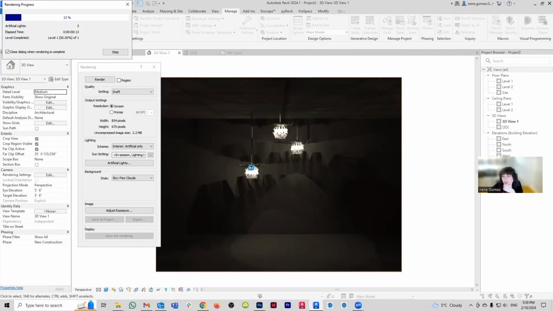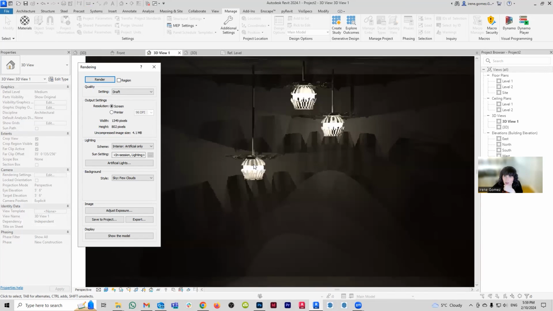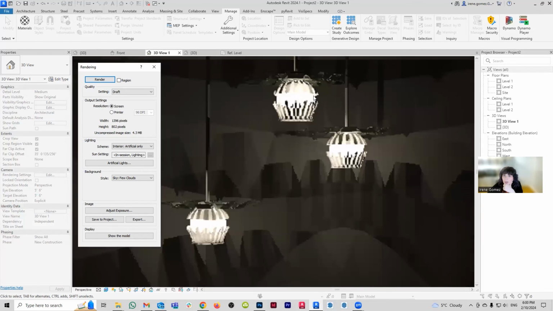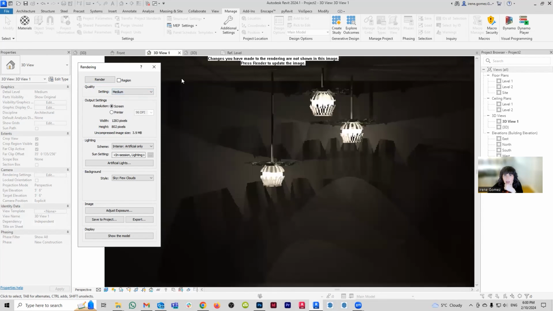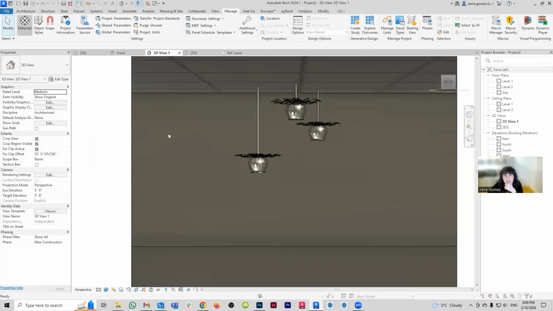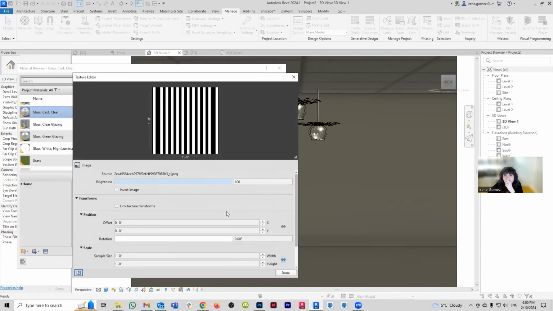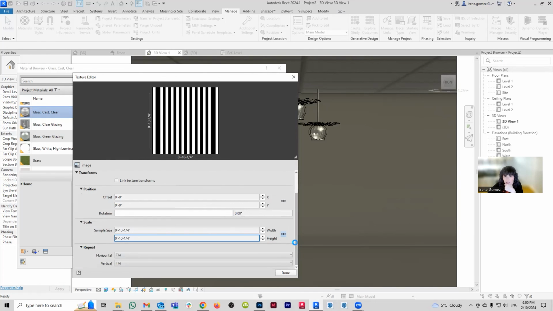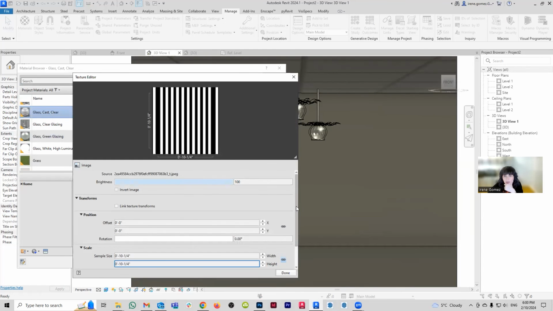Worst case scenario, I could go back and do the same void trick that I did with the top. I could do it here with the bottom, but I really hate the idea of having to do that because it's so much more complication for nothing. But yeah, there seems to be some glitching there with the texture. I wonder if it has to do with the render quality. Let me see. If we go here, materials, and there is no overlapping. Does it have any repeat? Yeah, it is repeating vertically and horizontally. Not sure why it's deciding to do that, to be honest with you.